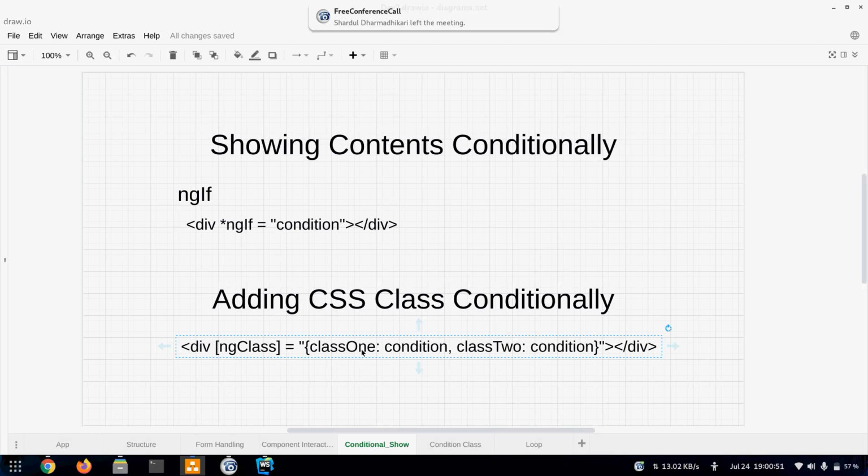The key will be the class that we want to apply, and the value will be a condition. If the condition is true, then the class will get applied, otherwise it will not get applied. In this way we can apply multiple classes. So let's try this syntax.